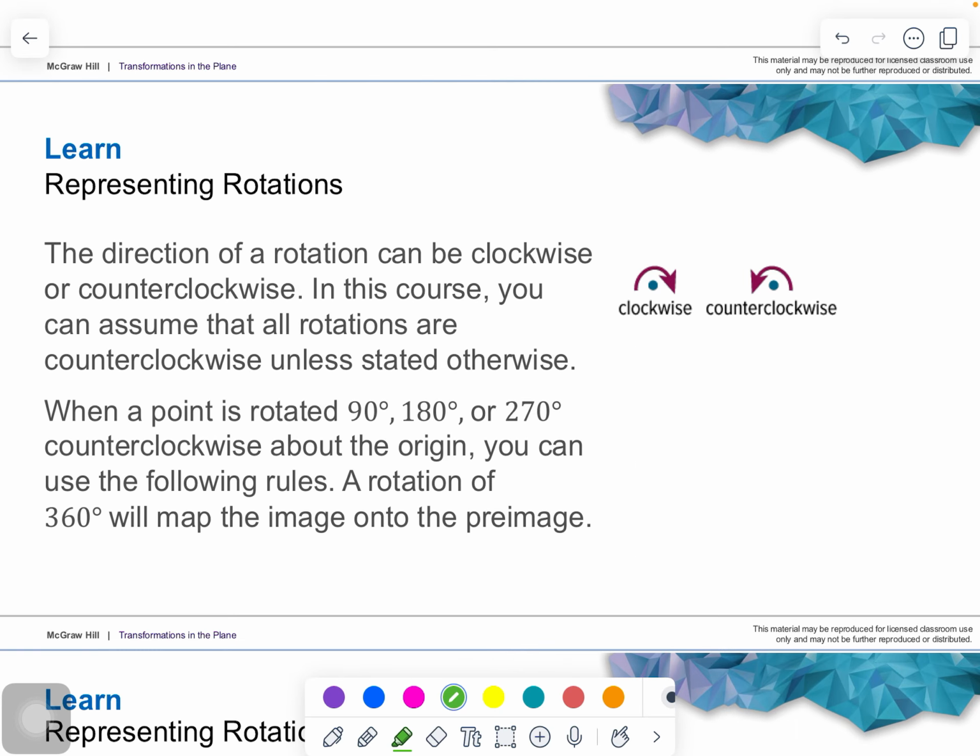Now, the direction of rotation can be clockwise or counterclockwise. In this course, you can assume that all rotations are counterclockwise unless stated otherwise. Okay? And this one is your chosen one. The reason is because when we do,